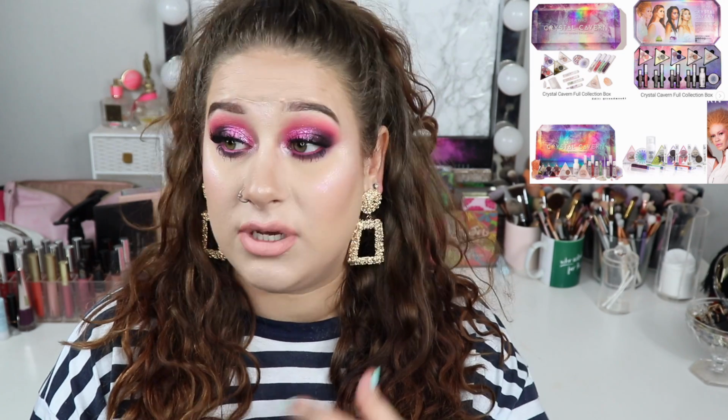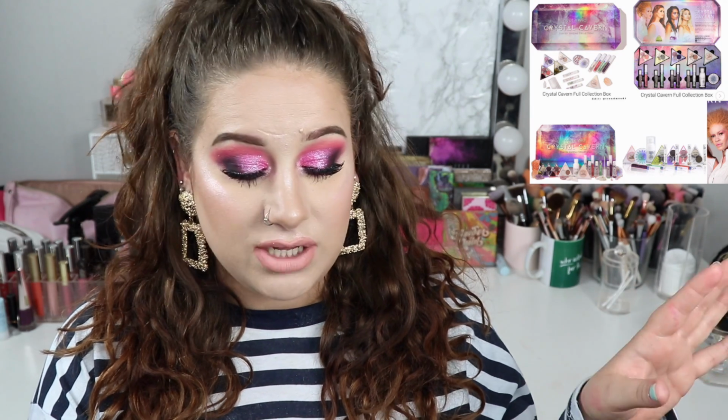Doesn't matter anyway, because I wouldn't be able to get it. I really feel like Wet n Wild is such a dull brand for me because I can never get a hold of things, but I do think that this is a beautiful collection. This is their Crystal Cavern